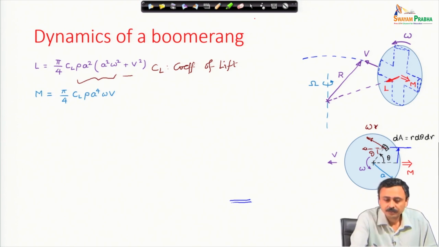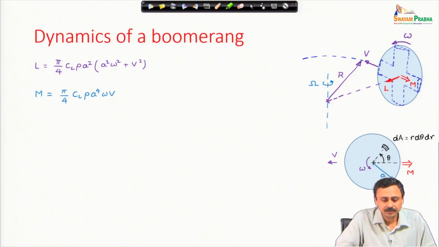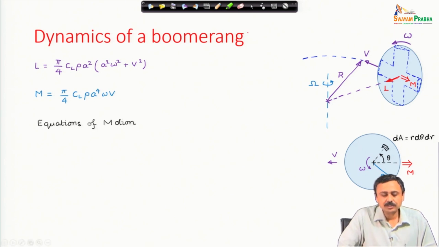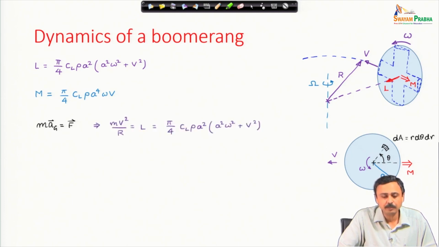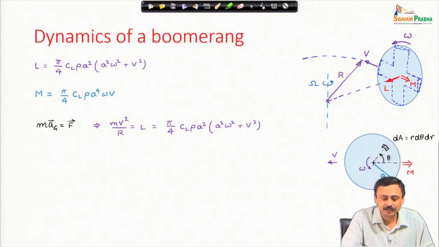Therefore, I have this lift and the moment because of the lift. Now, equations of motion. Newton's second law for the center of mass, mass times acceleration of center of mass must be equal to net force acting on the boomerang. Because I am assuming that it will be moving on a circular path, the only acceleration term is because of the centripetal acceleration of the center of mass of the boomerang,